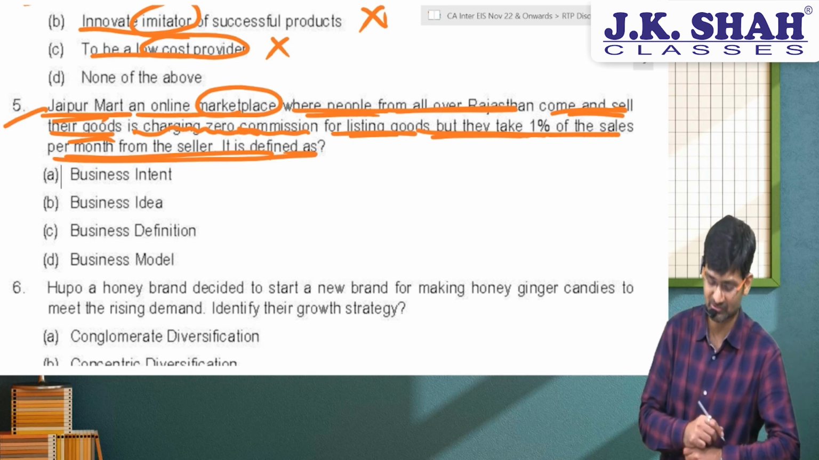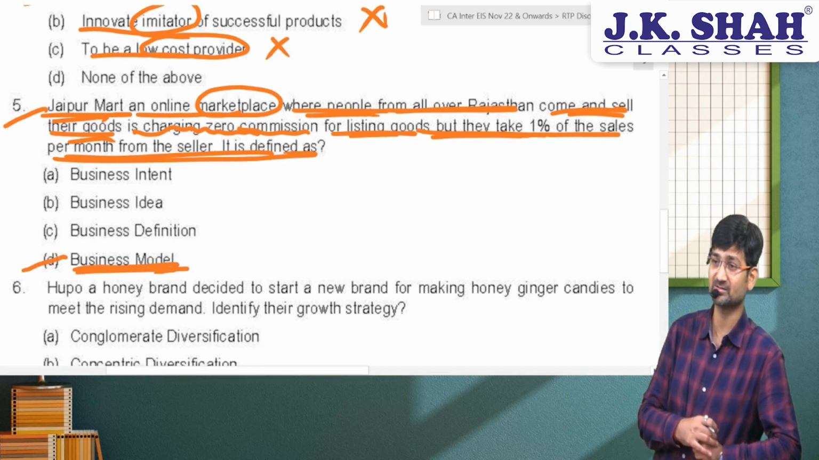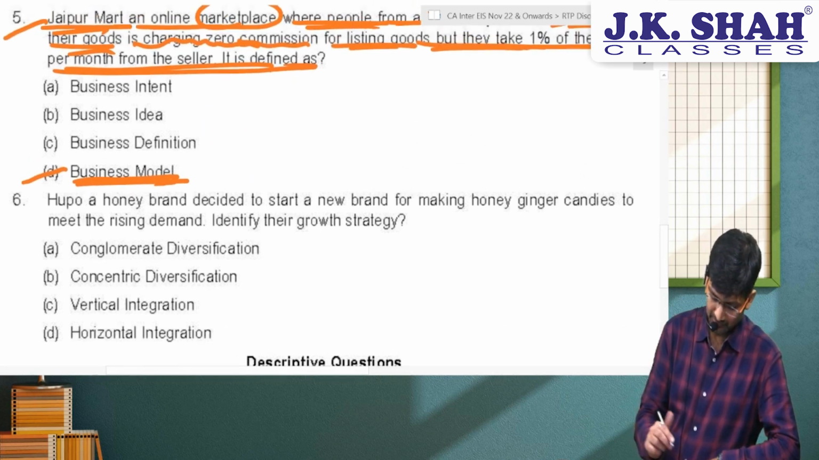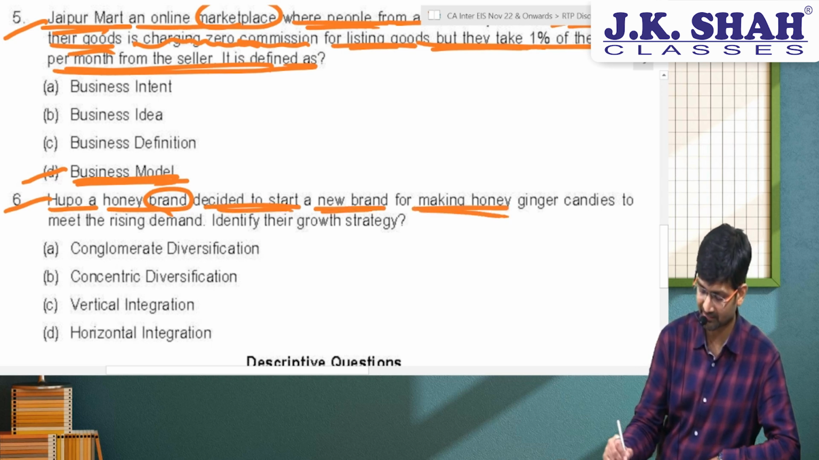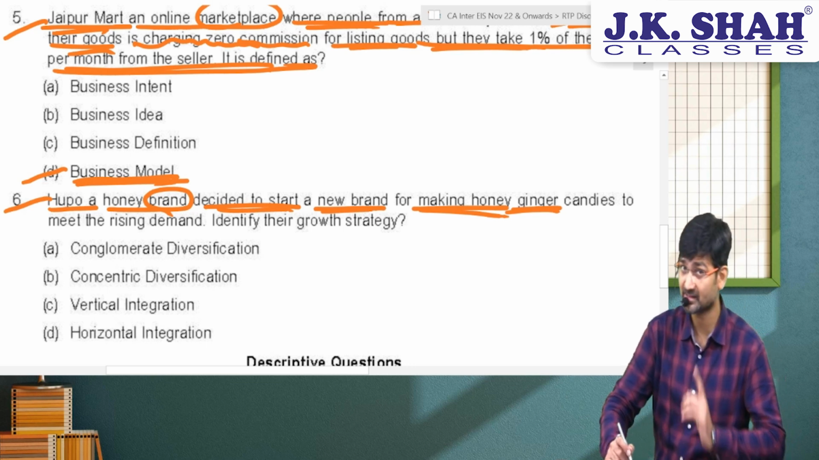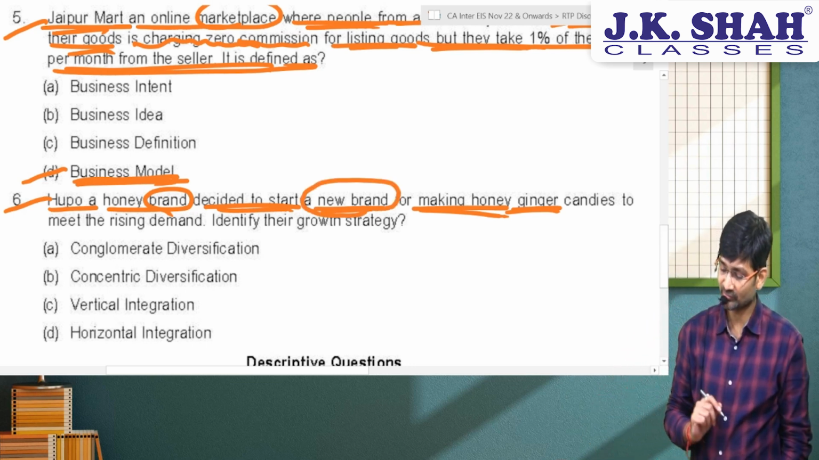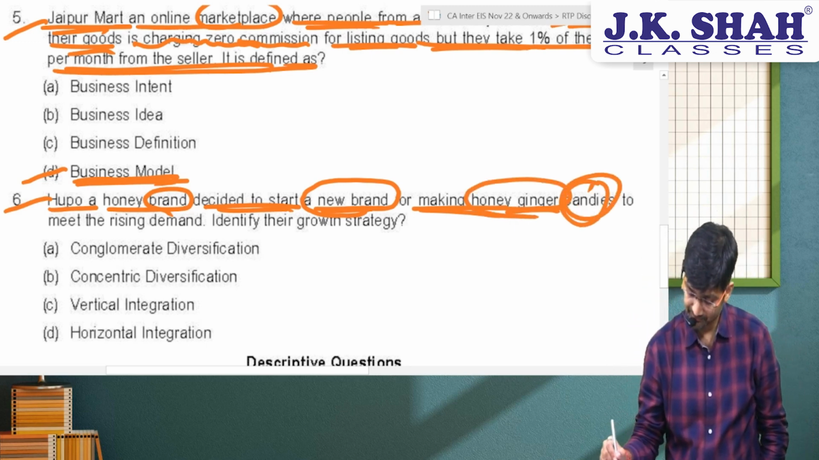No business definitions. That's the business model. That's how you're conducting the business. The way you conduct your business, that's called business model. Okay, Hupo, a honey brand, decided to start a new brand for making honey ginger candies, to meet the